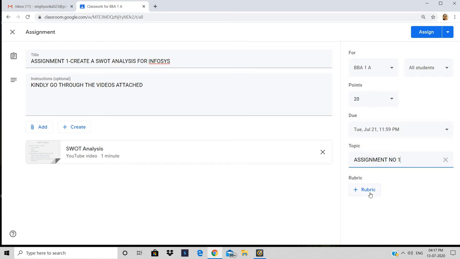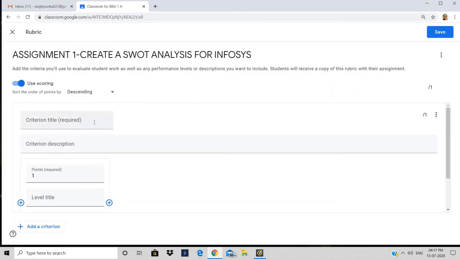Now for the same, we can add or create the rubrics. We can set different criterias for the same that can be visible to all the students. So what criteria should be there? Criteria title is assignment 1.